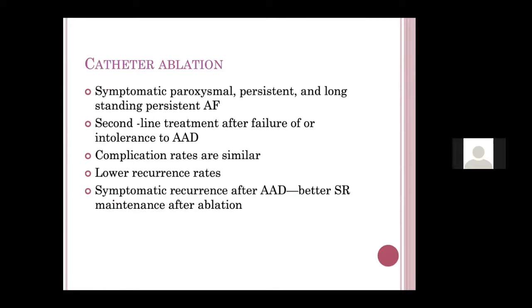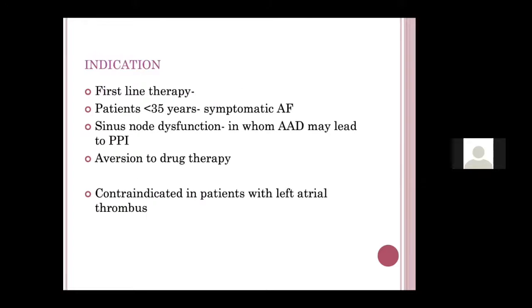This group of patients are symptomatic paroxysmal or persistent AF patients who continue to have symptoms on all the drugs. Second is if the drugs have failed, as I already told you. Third is young AF, people who are 30, 40 years old, who do not respond to drugs. And if the AF is associated with tachycardia-induced cardiomyopathy, if there is persistent AF which is causing cardiomyopathy, then you have to ablate the AF. So these are the groups of patients who benefit more from catheter ablation.